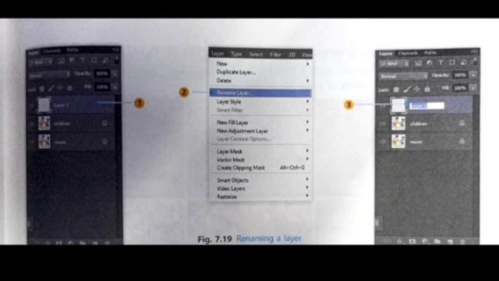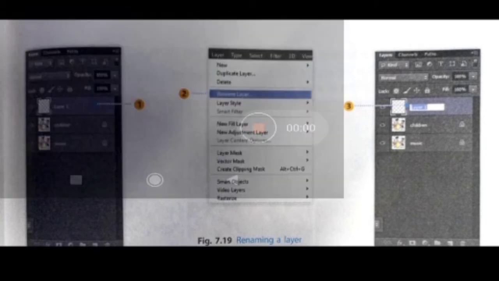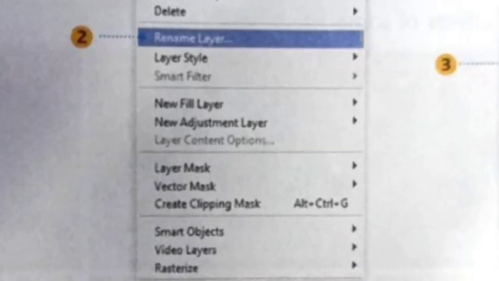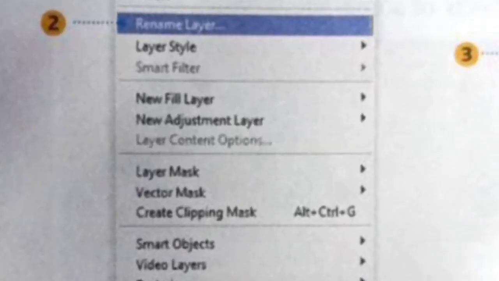So to rename a layer, first in the layer panel, select the layer to be renamed. Then click on the layer menu. Then click on rename layer. The existing name of the layer will be selected in the layer panel.